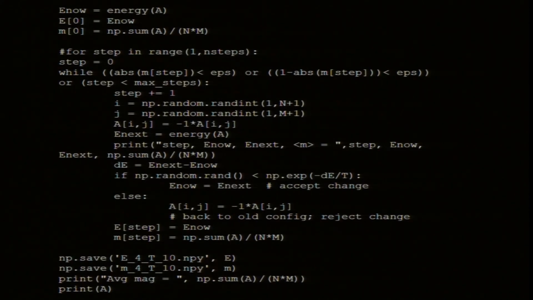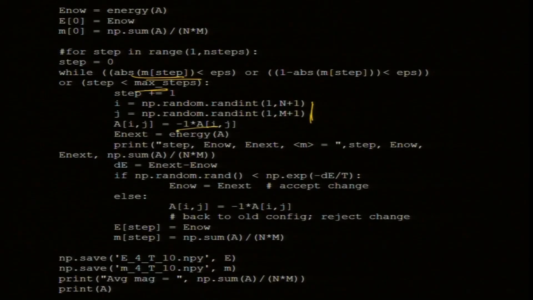So if absolute m is less than, so I am putting this, either it goes to 0 or goes to 1, and the number of steps is less than max steps, otherwise it will keep going. So I will make a stopper on the number of steps. You pick the site i, j and flip its spin. I am just putting minus 1 there. So minus 1 is the flip: 1 will go to minus 1 and minus 1 will go to plus 1. Then compute the next energy,